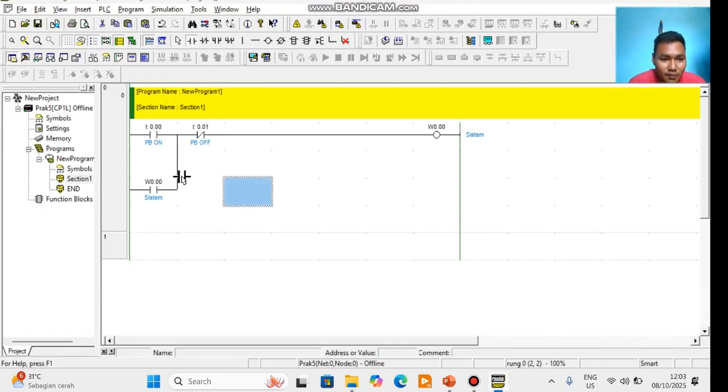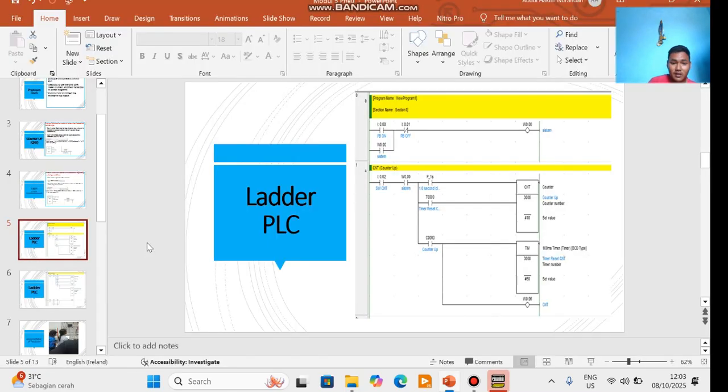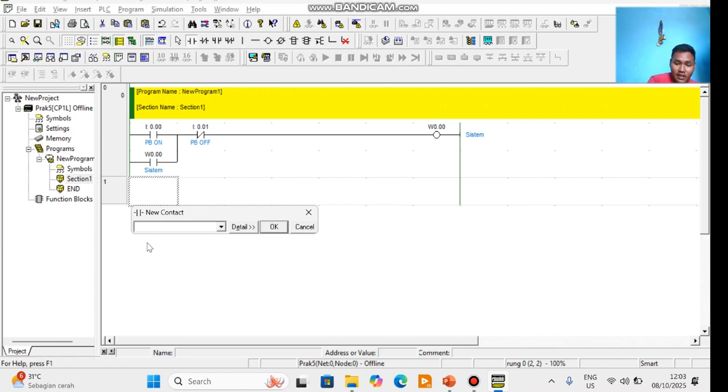Next row, click normally open and drop it on row 1 with address 0.02.